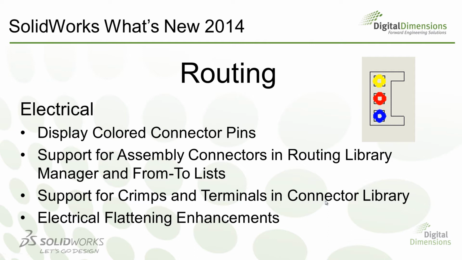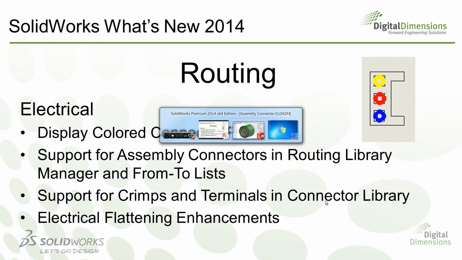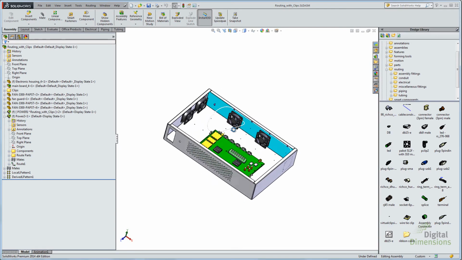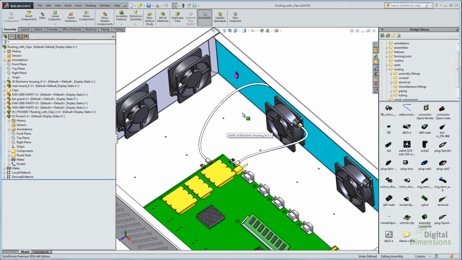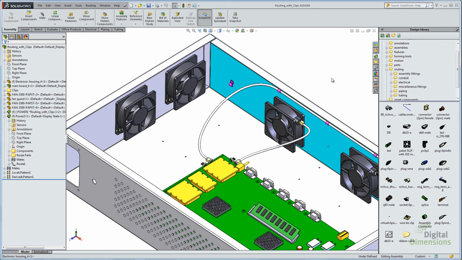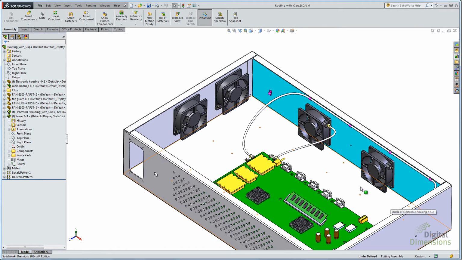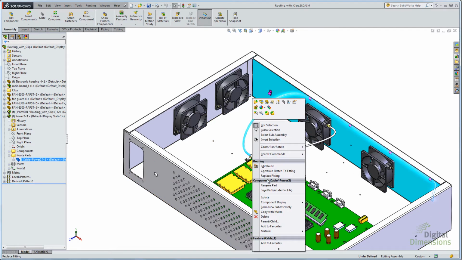The next thing I'm going to show is support for crimps and terminals and seals in the connector library, and that also will show up while you're working in the assembly or in your route. So I'll go back to SolidWorks again. So here's the assembly I was working on earlier, and now when I edit the assembly, one of the new things you'll see in here is when I go to edit the route,